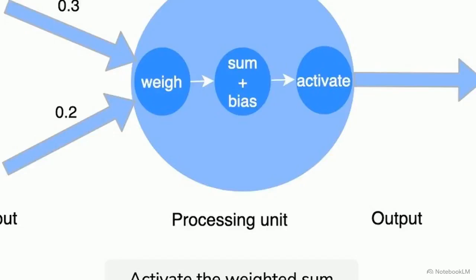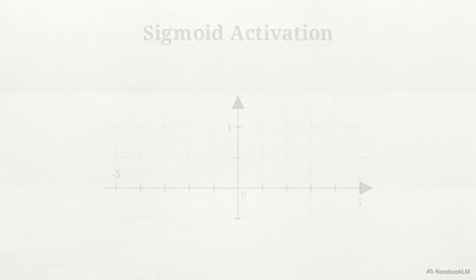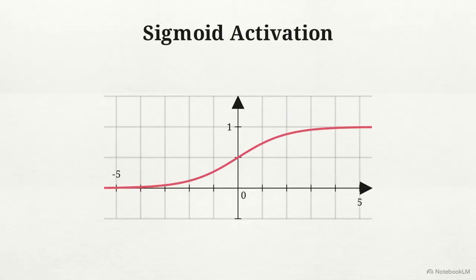After the sum and bias are calculated, the data flows into the second essential step of the forward pass, the activation function. Without this nonlinear step, any deep network would mathematically collapse into a single linear function, regardless of how many layers are added. The activation function transforms the affine sum to produce the node's final output, introducing the necessary nonlinearity to the system. The sigmoid function squashes input values strictly between 0 and 1, but it is computationally expensive